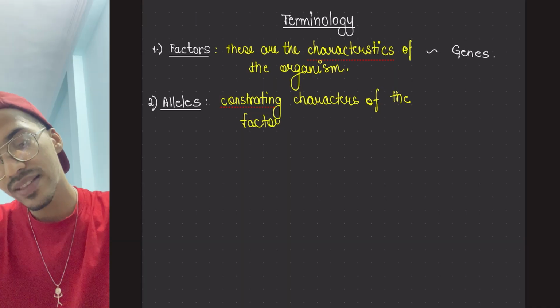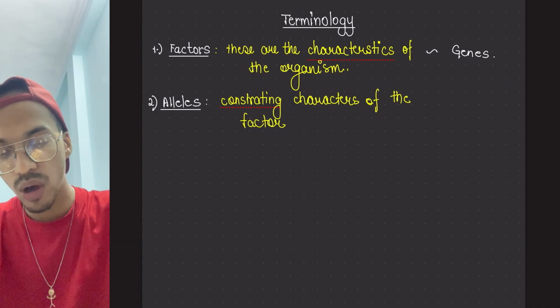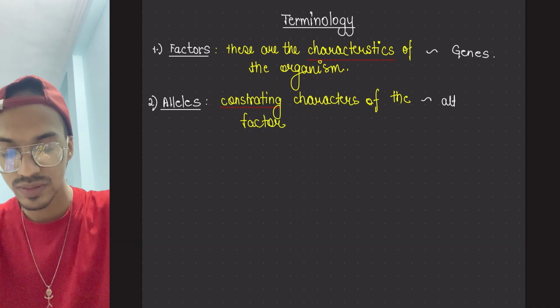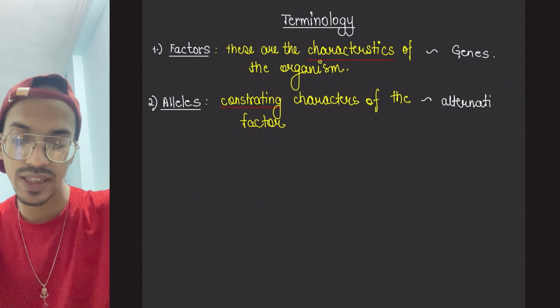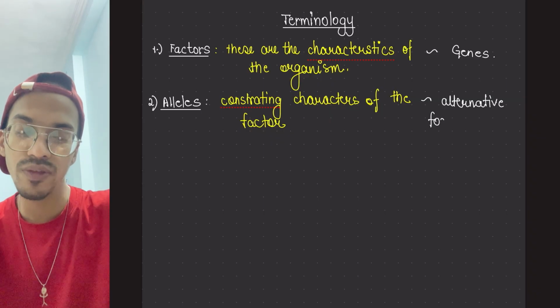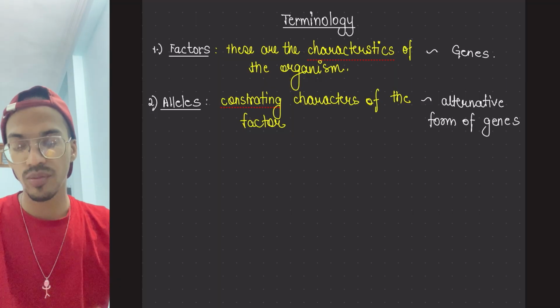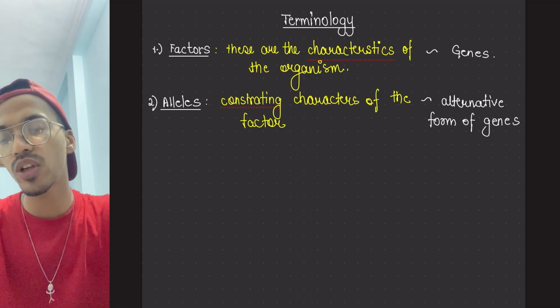In today's terms, alleles are the alternative form of genes. Here you have to remember that if we see it from the chromosome point of view,